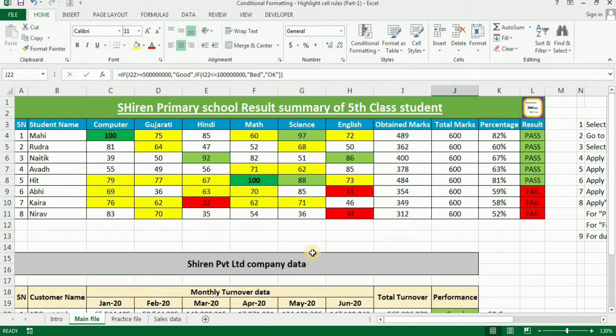Similarly, we use conditional formatting to visually identify easily what is good, bad or something like that. Here you can see the passed students are in green and the failed students are the red highlighted cells. So to understand deeply what exactly conditional formatting is, what the highlight cell rules are, and what criteria we need to apply as formatting, let's start practice.